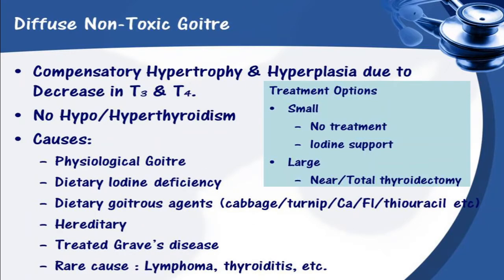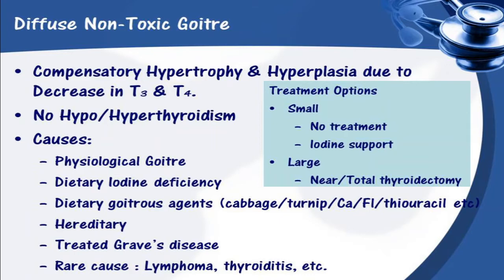So, diffuse non-toxic goiter is a condition of compensatory hypertrophy and hyperplasia due to a decrease in T3 and T4. There is neither hypo- nor hyperthyroidism. Causes are physiological goiter, dietary iodine deficiency, dietary goitrogenic agents like cabbage, turnip, usually the cruciferous vegetables, calcium, chloride, thiouracil, and the cause can